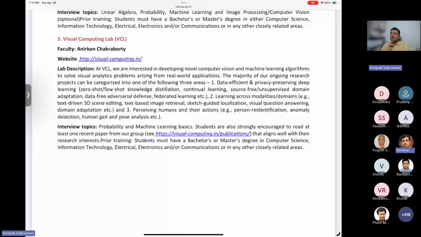So that's one area, and we want to extend that to videos as well. And the other area that we are extremely interested in is federated and distributed learning, so privacy preserving distributed learning. And we also work on theory of generalization, distributed min-max optimization, and many other problems. So yeah, I would leave it at that.